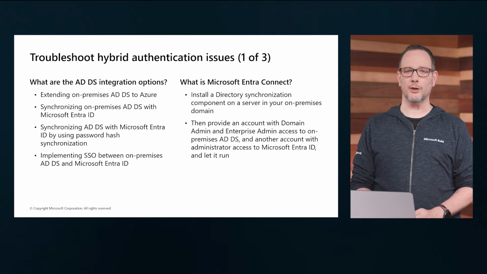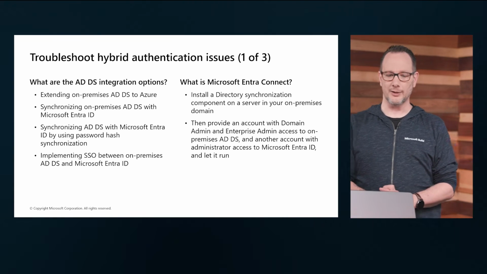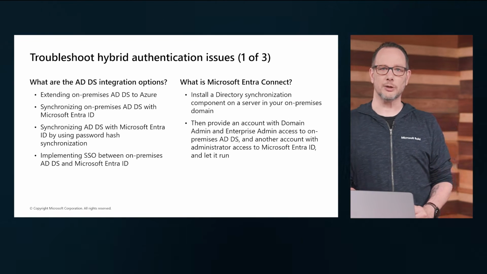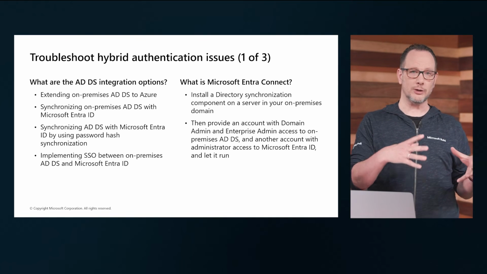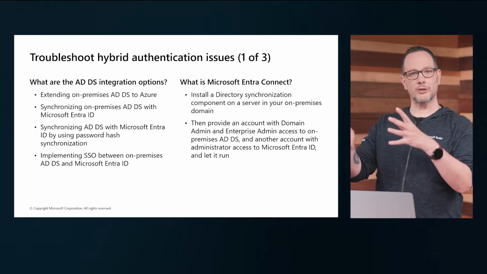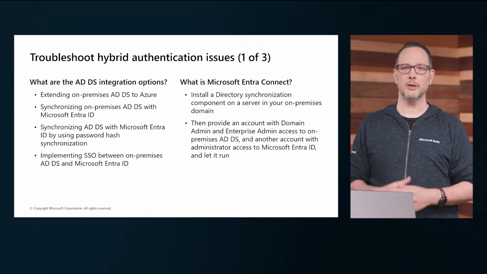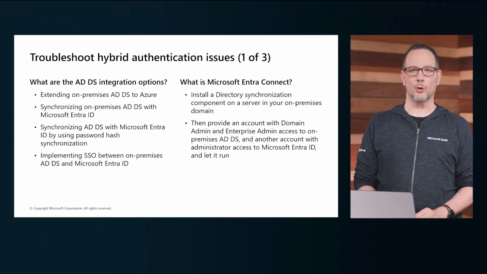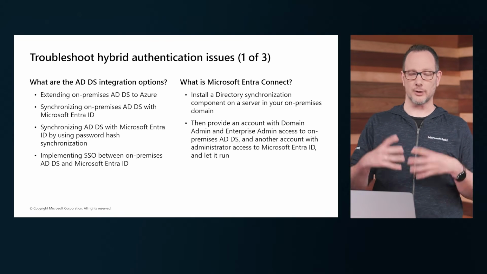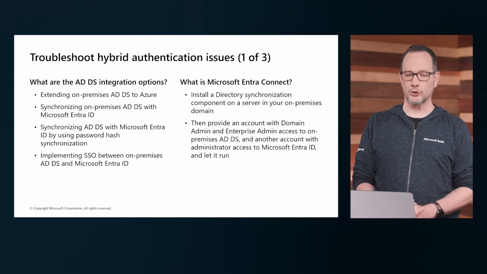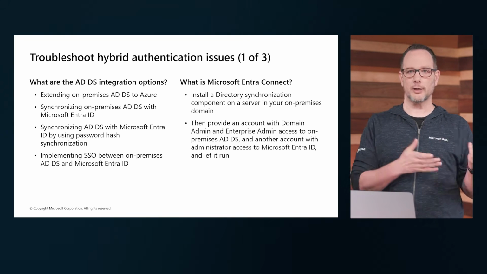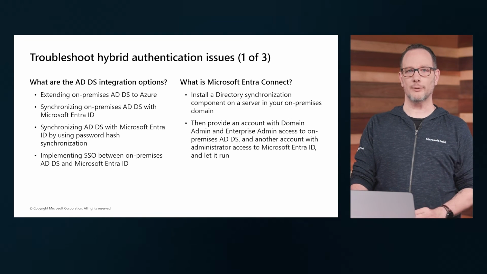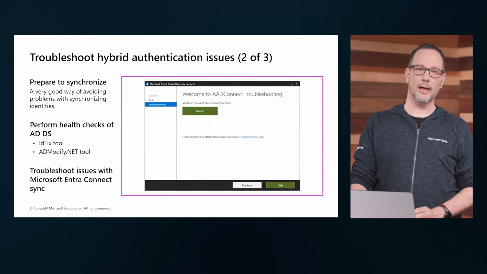And then the last scenario here, and then we're almost done with this topic, is troubleshooting hybrid authentication. When we talk about hybrid authentication, it means we have Active Directory Domain Services running on-prem, and we're synchronizing parts of it, maybe all of it, into Entra ID. The go-to solution to make all this work is Entra ID Connect. That's a little synchronization tool that you install in your on-prem environment, and it takes care of the replication of information, keeping the 2 environments, on-prem and cloud, in sync,